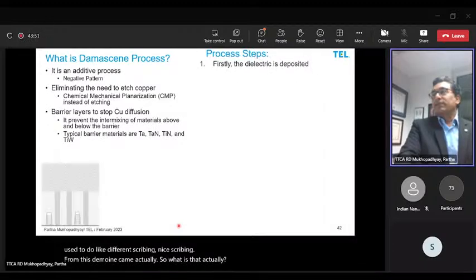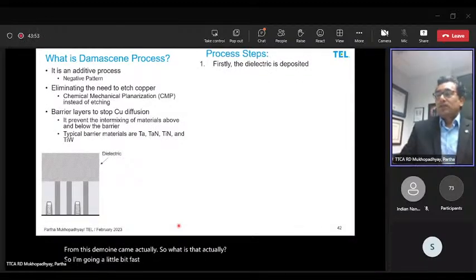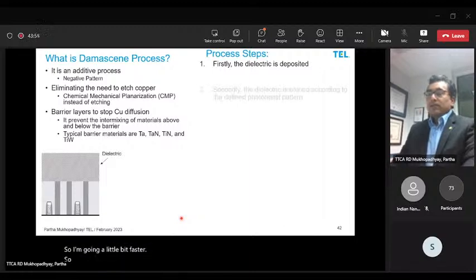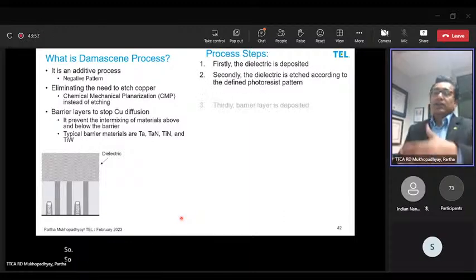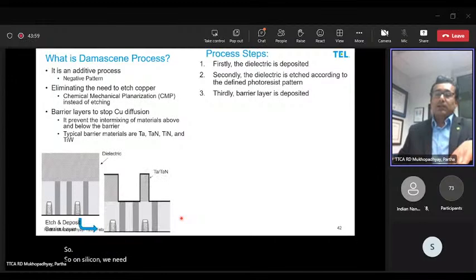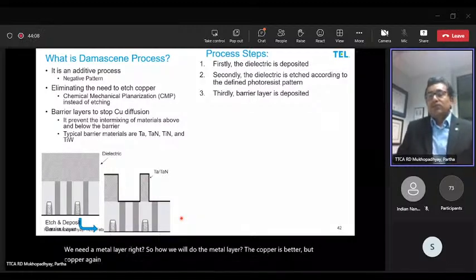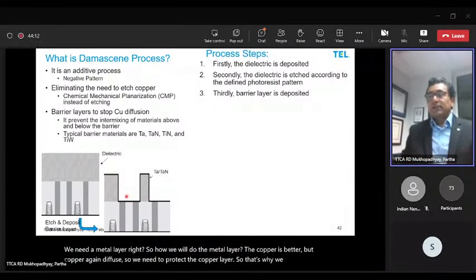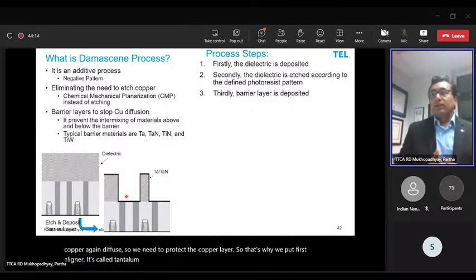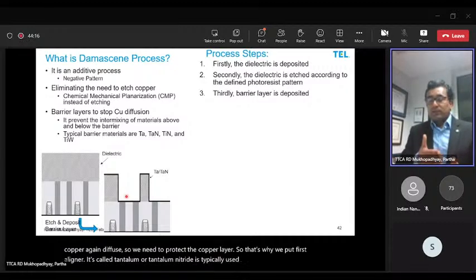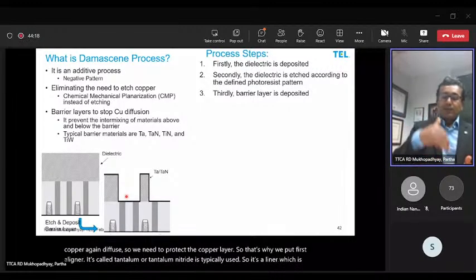So I'm going a little bit faster. So like on silicon, we need a metal layer, right? So how will we do the metal layer? The copper is better, but copper again diffuses. So we need to protect the copper layer. That's why we first put a liner. It's called tantalum or tantalum nitride, typically used. So it's a liner which is protecting copper from going inside